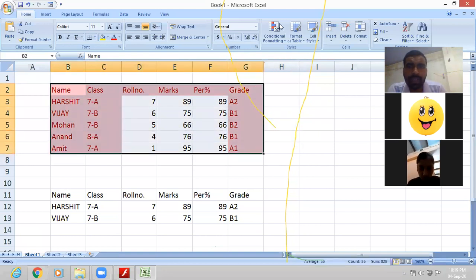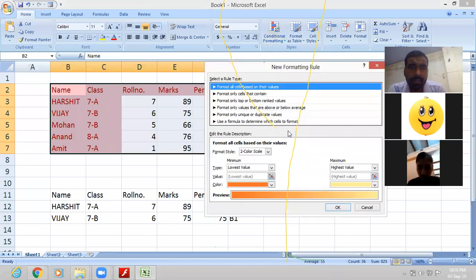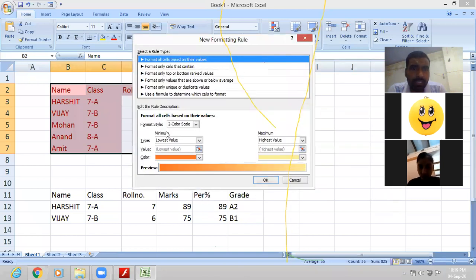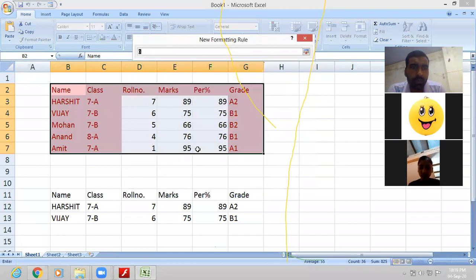Now let us define our own rule. New rule we can define. What is the new rule? We can define it as per our choice. Format style, 2 color scale, type, lowest value, percent, formula, whatever you want. Percent, formula, number, value. So let us select the value 75.